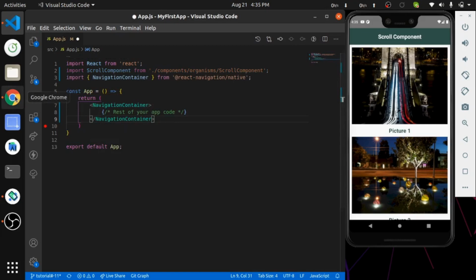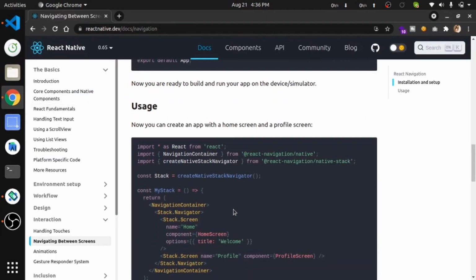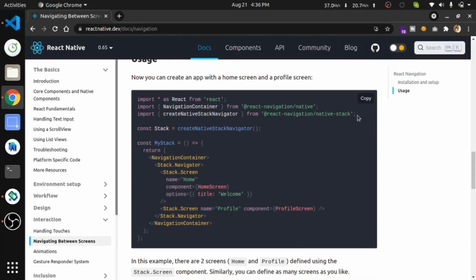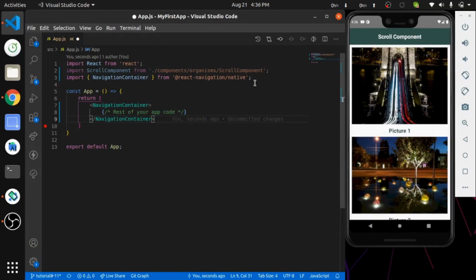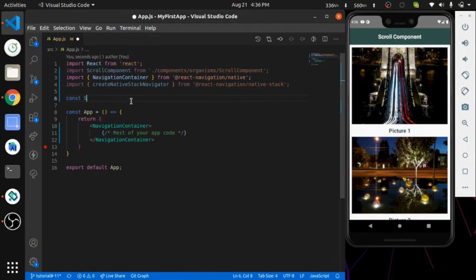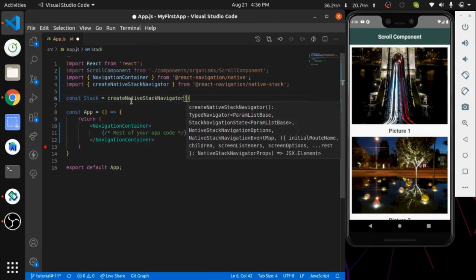Now we have to follow the next usage for React Navigation. It says we have to create a stack navigator, which we will create from React Navigation Stack. So let me first import React Navigation, and then I'm going to create a stack with createStackNavigator.